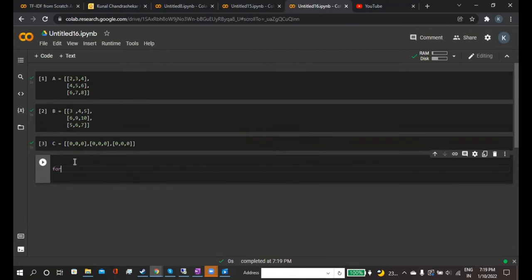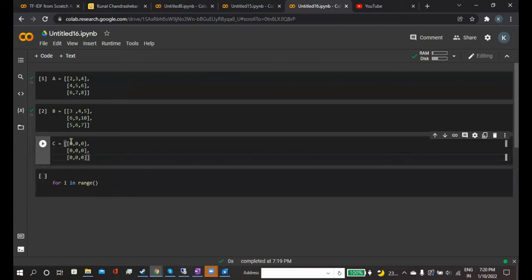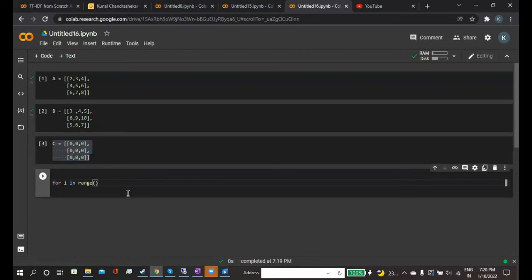Now for the loops, we have to write 3 for loops, as I said earlier. So for i in range of C. Here you can see the resultant matrix C has 3 rows, so we have to iterate i 3 times.